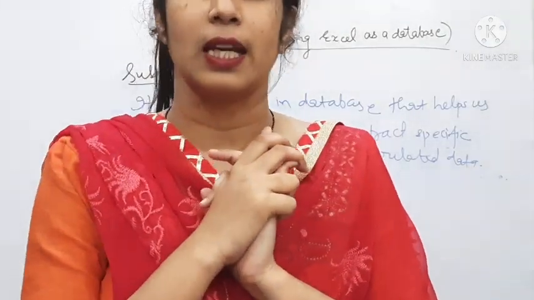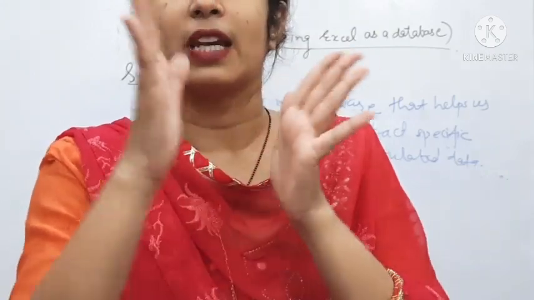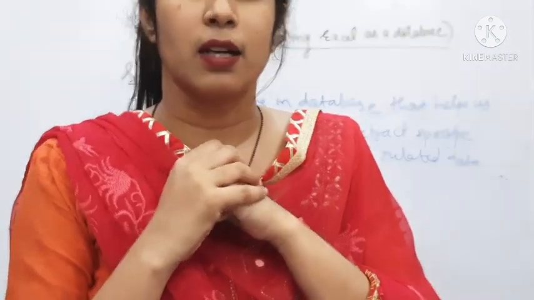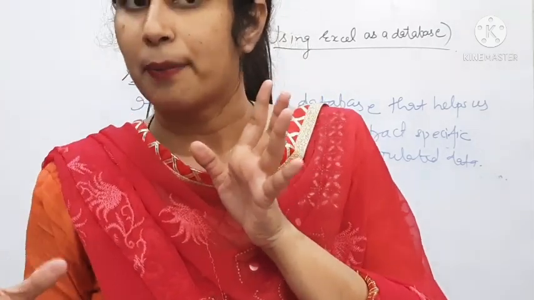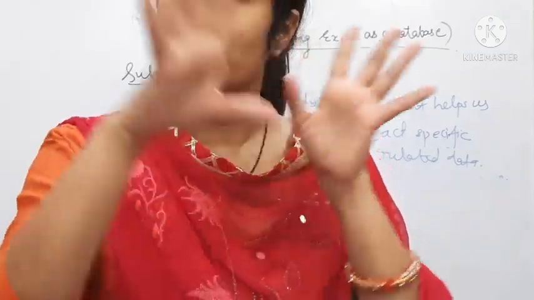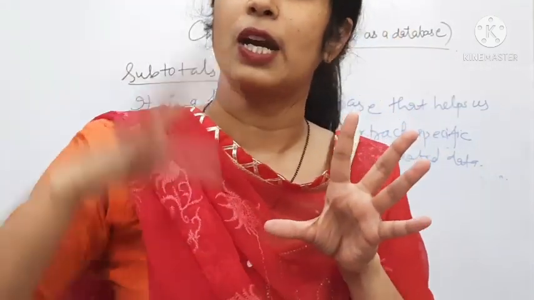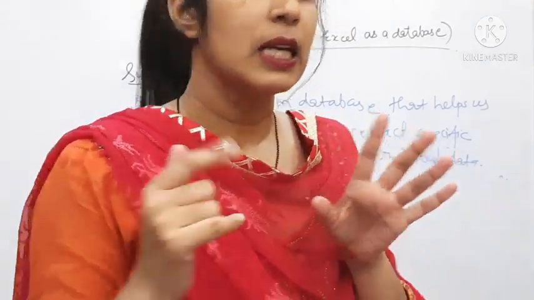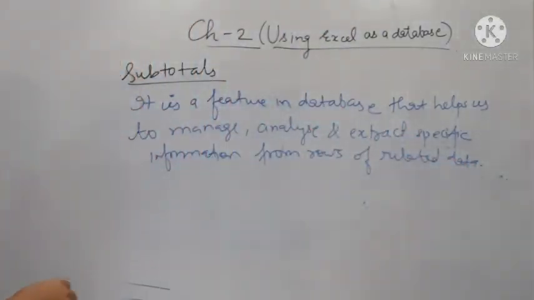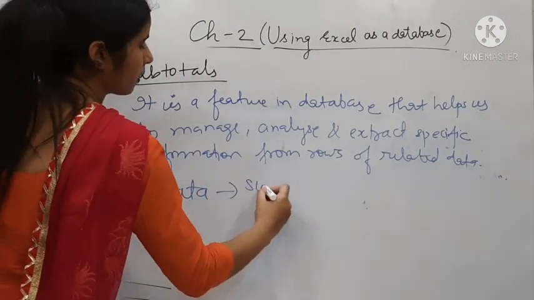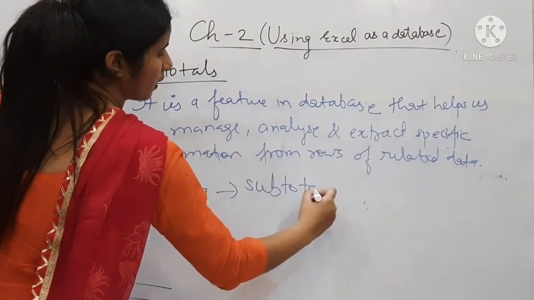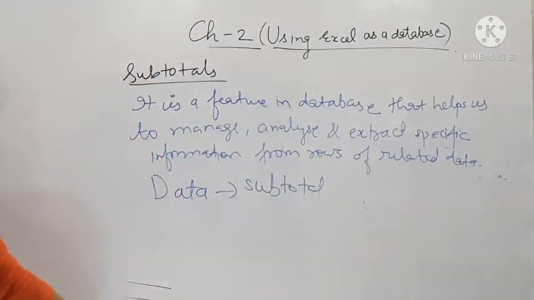Subtotal का मतलब क्या होता है? Subtotal का मतलब होता है, suppose we have prepared a sale of different months, so जनवरी मंथ का सब टोटल, फेब का, मार्च का, in this way we are doing subtotal and then at last we are doing grand total. Okay, so this option is also available in data tab. Whenever we will click on data tab, we will find the subtotal option there. So I am explaining you with the example.